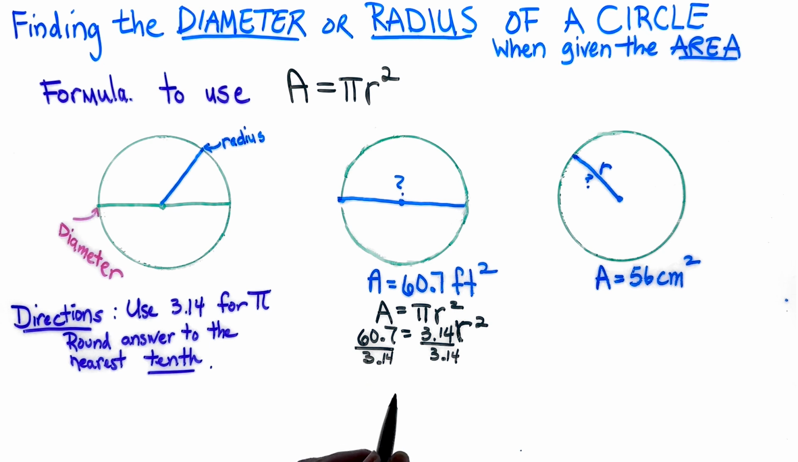And when we do that, we end up getting 19.33, and that is going to be equal to r squared. So our last step is we will take the square root of both sides. And remember, when I wrote this down, this was a rounded answer. I'm just rounding it to the nearest hundredth because our answer needs to be to the nearest tenth. So when I take that square root, I get my radius is equal to